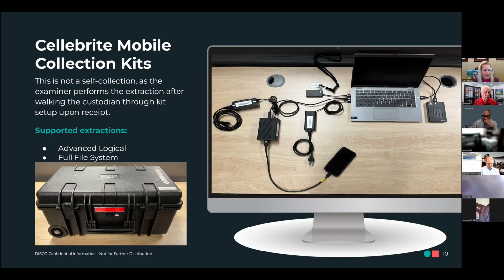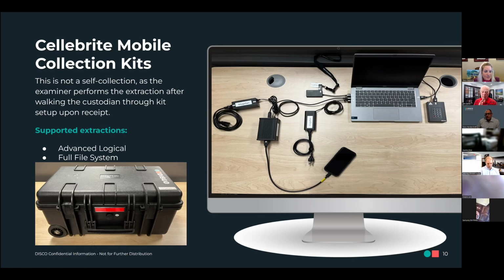What we do is we ship a kit that looks like this. We've had people say it looks like there's a bomb inside of it when it's delivered. It's kind of daunting, but inside of this big Pelican case is what you see here on the right side of the screen. We have a laptop computer. We have a hardware encrypted evidence drive. This is where the collected data is actually going to be stored. Heaven forbid it get lost in transit through FedEx, no one can access the data because it's PIN code protected. It also has the cables for Cellebrite, depending on the type of phone we're collecting. Those cables will be used to connect the device to the laptop.